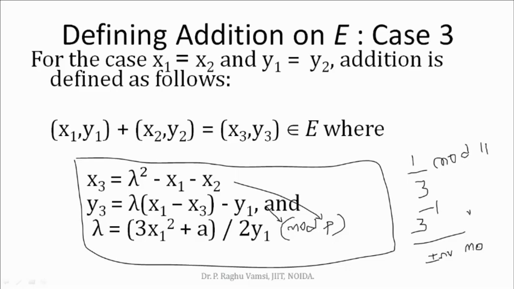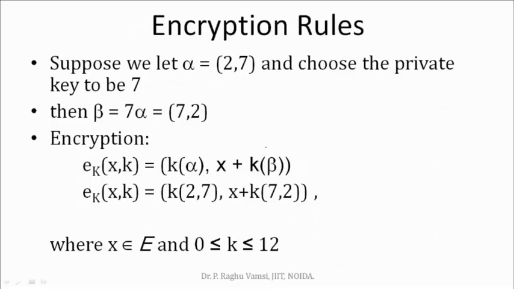So you need to do the inverse mod operation to compute this value. The first thing you are supposed to remember is how to perform the inverse modulo operation, and remember the cases, case 1, case 2, case 3. Observe under which case the points will fall, and you need to use the corresponding formulas to generate the x3, y3 values. So this is the way you are supposed to perform the operation.